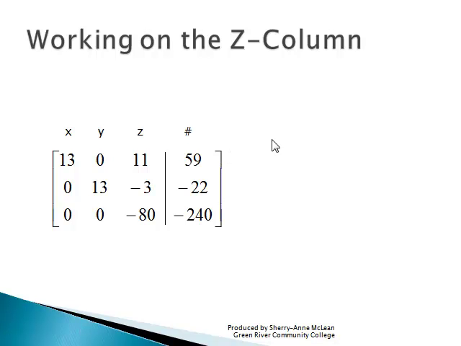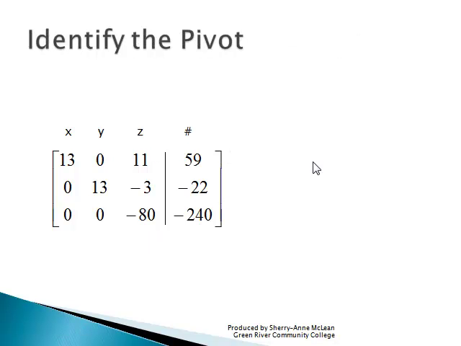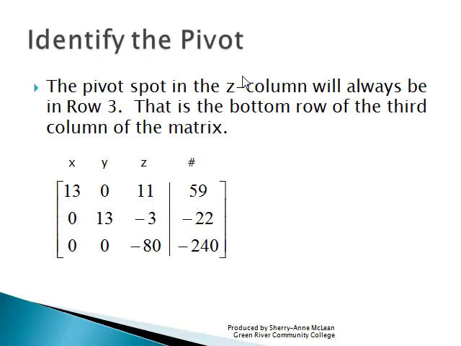So here we are working on the Z column right here. The first thing to do is to identify the pivot. Remember your leading ones as we're coming down. The pivot spot, your next pivot, is going to be in this location right here in row 3. The pivot spot in the Z column will always be row 3, that bottom row of the third column of